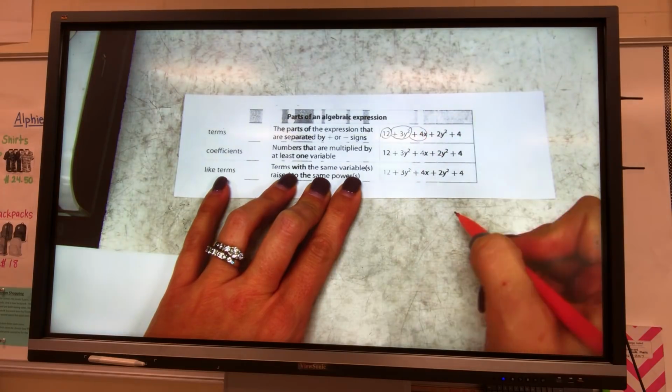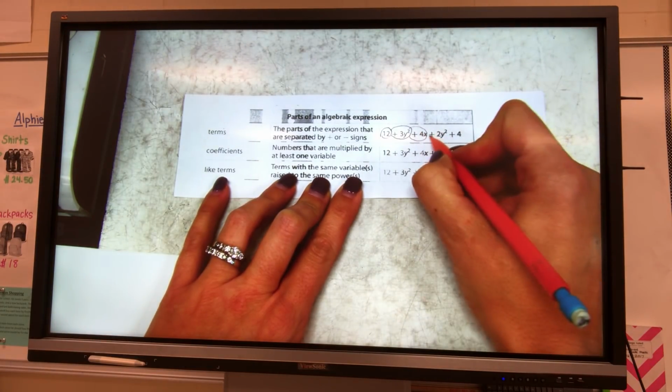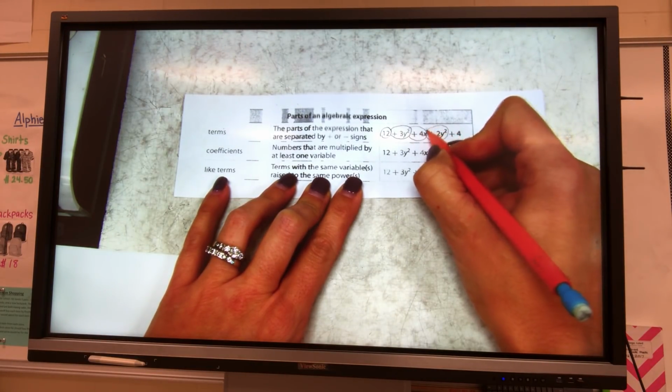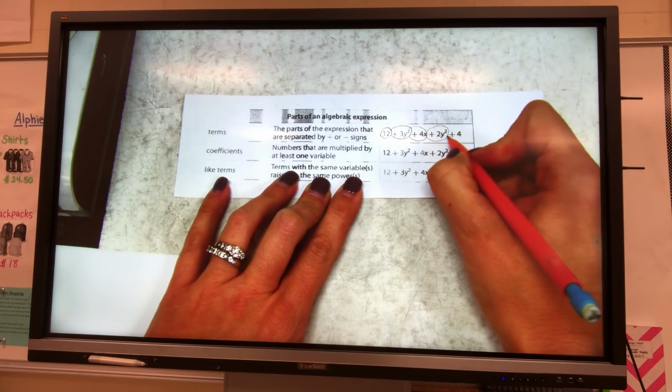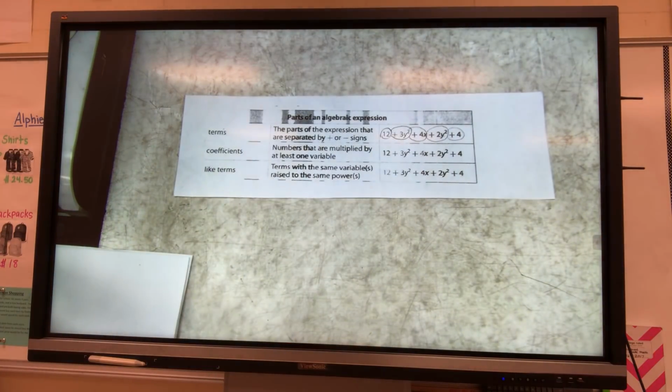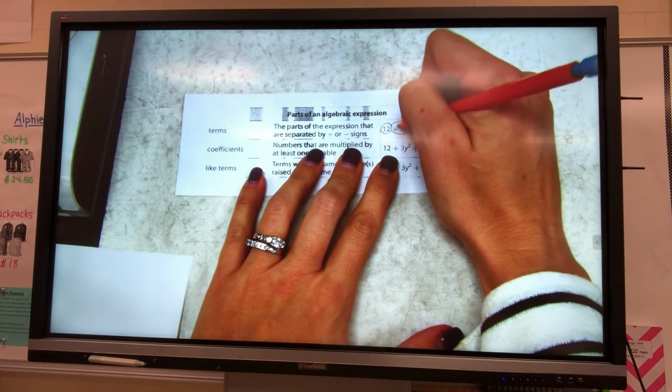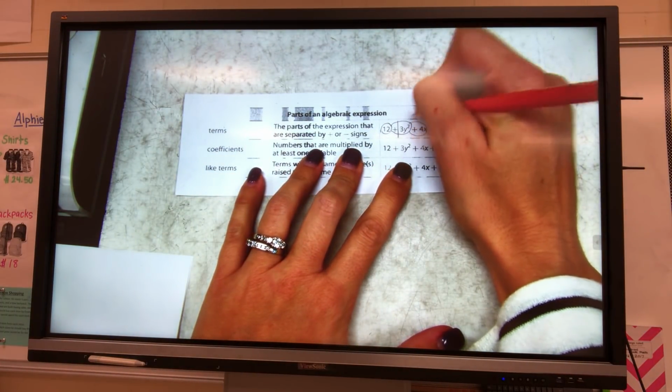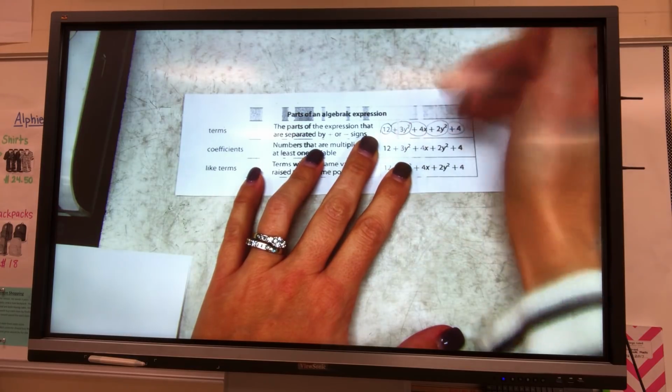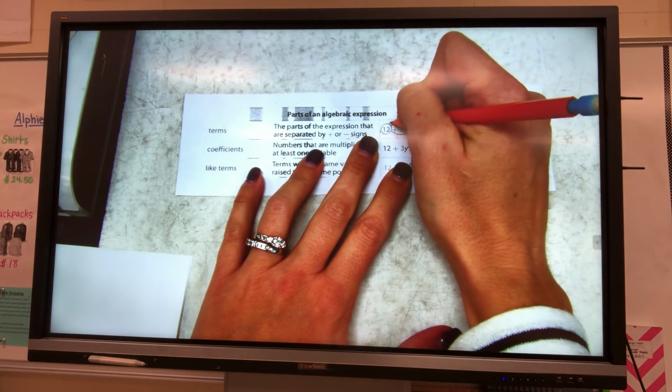Positive 4x is a term. Positive 2xy and positive 4. So we're saying all of these that are separated by your plus or your minus signs,